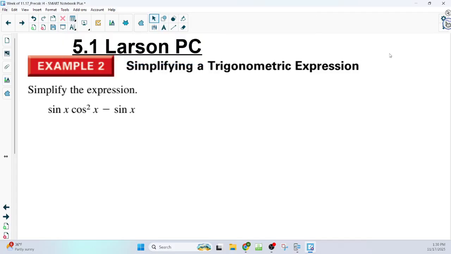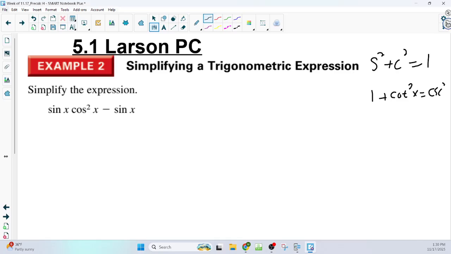My tip of the day is if you see something that's squared, you should look back to your favorite three things: sine squared plus cosine squared equals 1. And if you divide that through by sine squared, you'll get 1 plus cotangent squared equals 1 over sine squared, which is cosecant squared. And if you divide this through by cosine squared, you'll get tangent squared plus 1 equals,